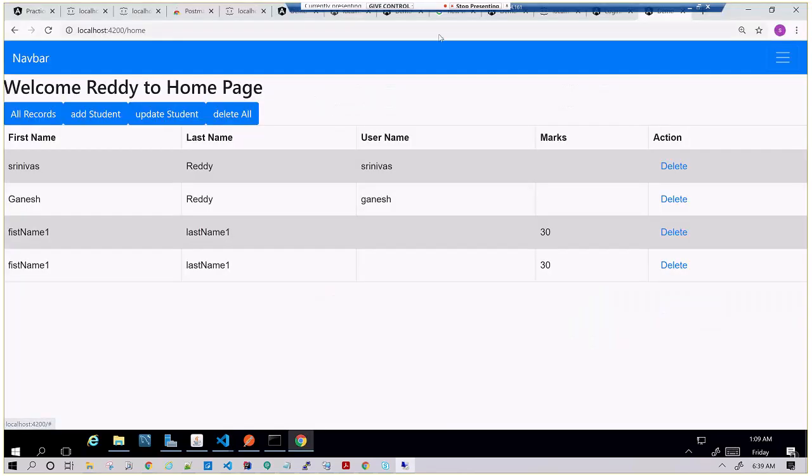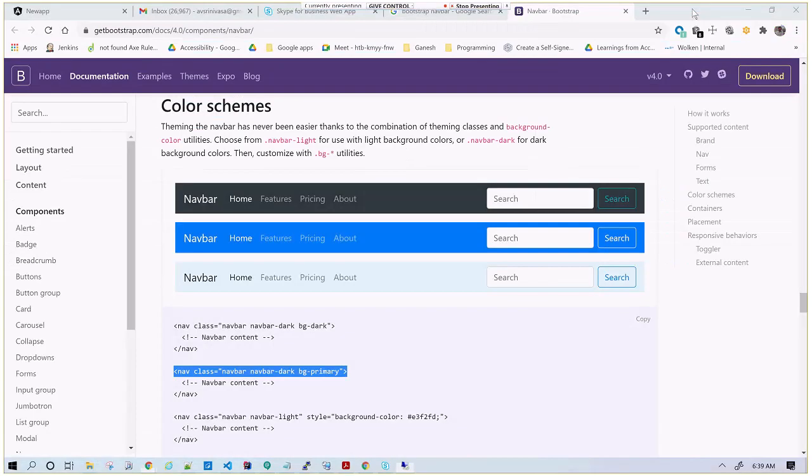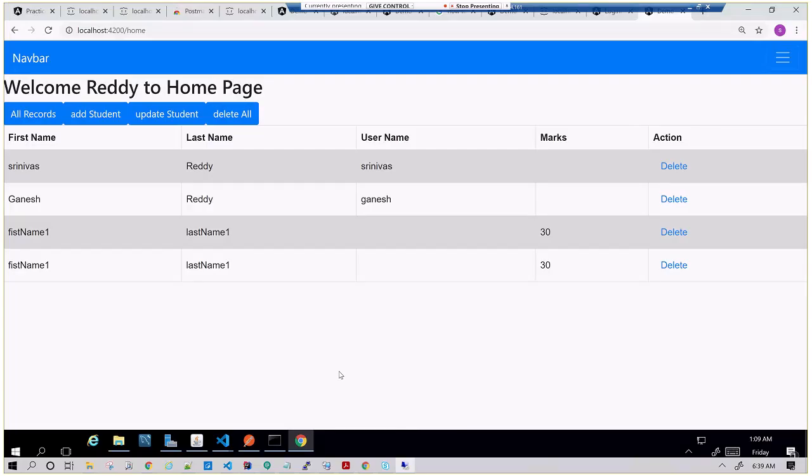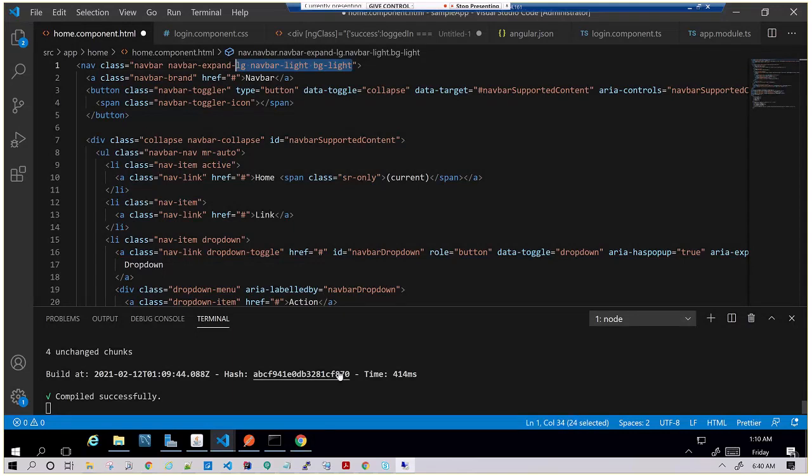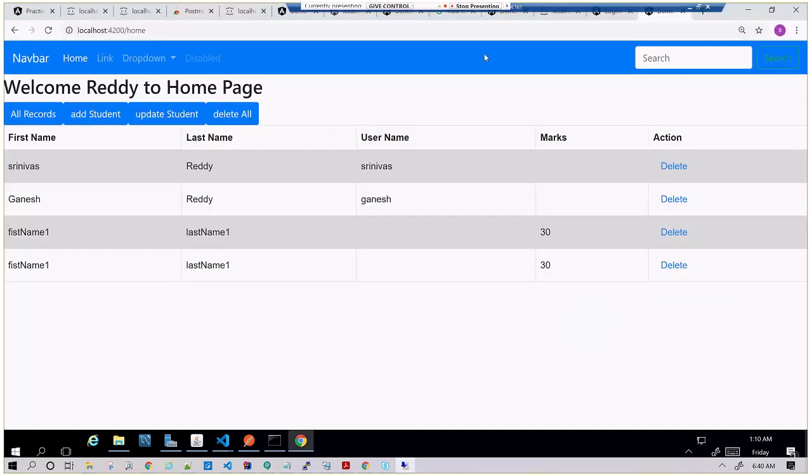And the text is missing here. I'll copy only this piece. We have changed the background color of this.